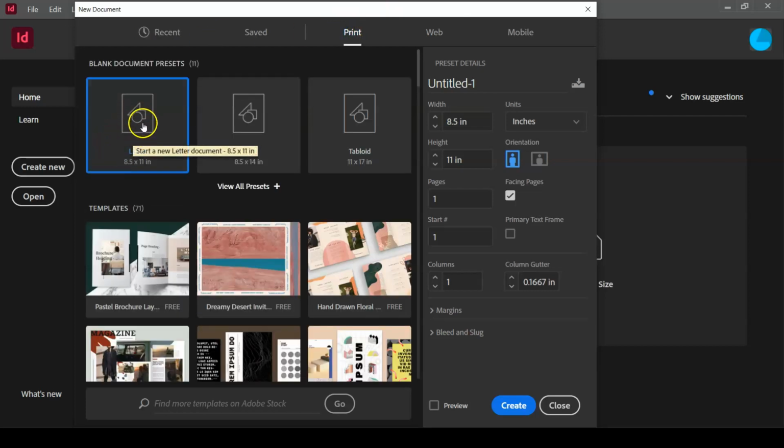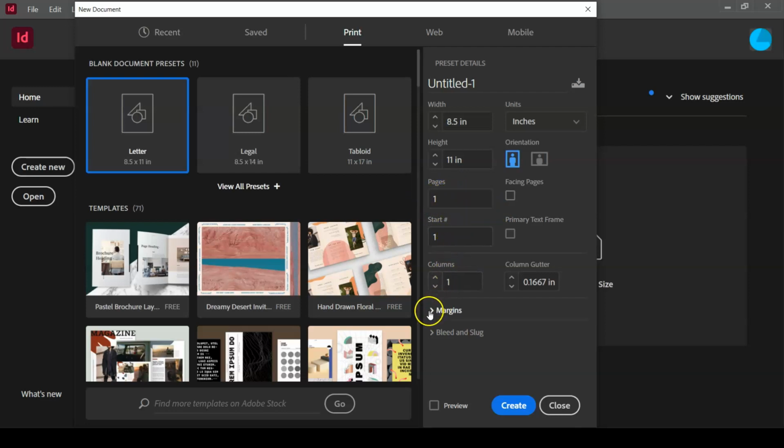It's usually the first preset there. Letter-sized document is 8.5 inches by 11 inches. We'll keep it a portrait orientation where the height is greater than the width. I can uncheck facing pages. We'll have one page in this document,